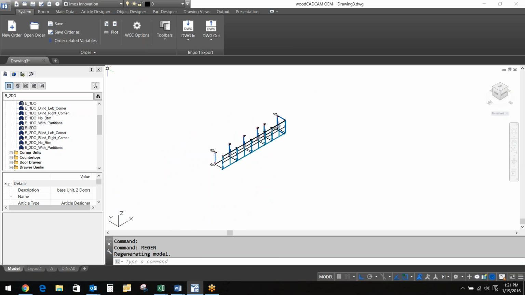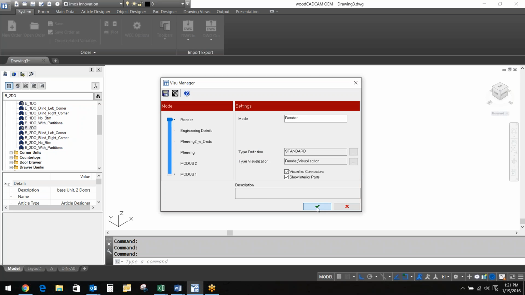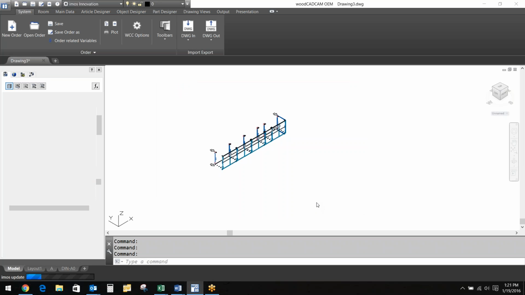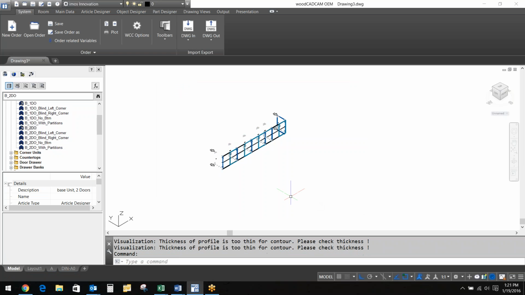We also have something that I think is really cool in being able to work with this called the Visu Manager. So I could literally set the level of detail that I want for things to be displayed within the drawing. And so if we take a look at this,